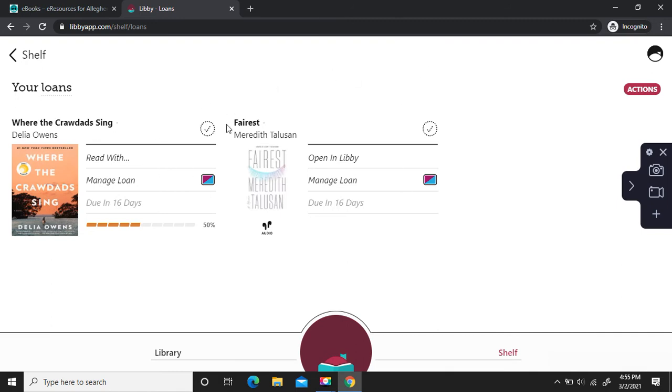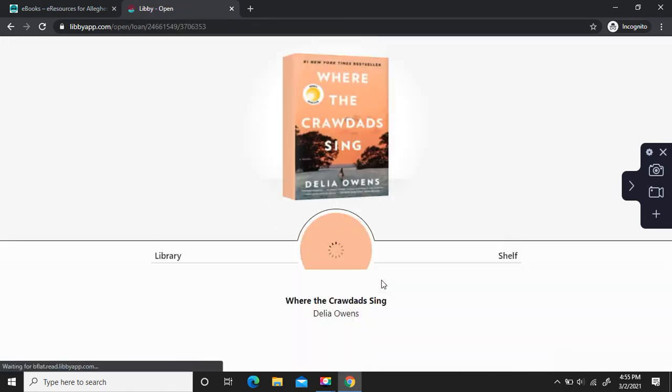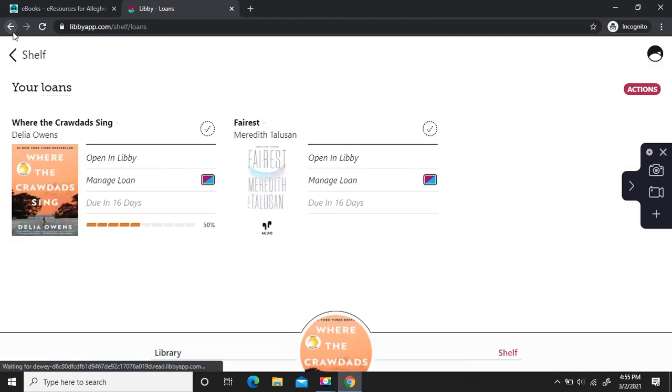And if I wanted to pick up where I left off reading for Where the Crawdads Sing, I would click on Read With, and then choose where I would like to read it. So I'm not reading on a Kindle device right now, and I'm going to click on Libby, this app. It pulls up my book, and it takes me to the page where I have left off. So I'm going to go ahead and go back